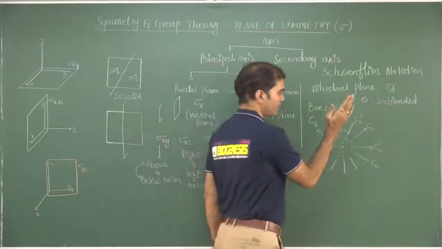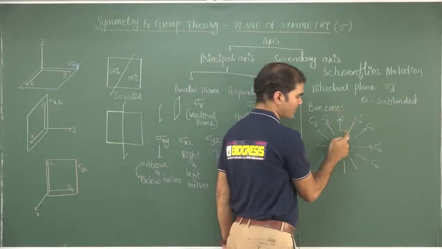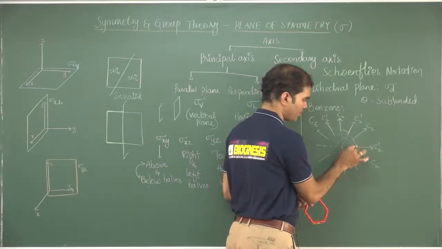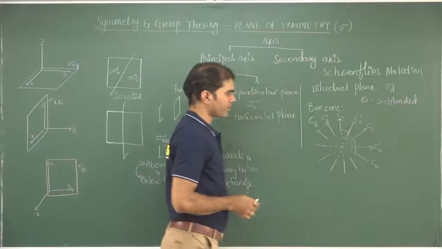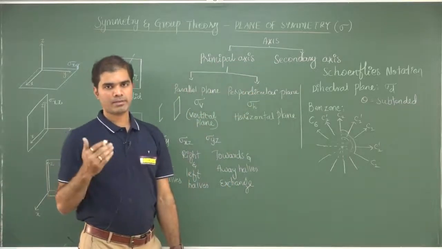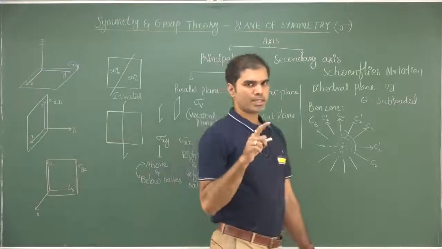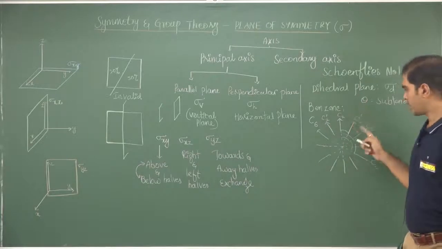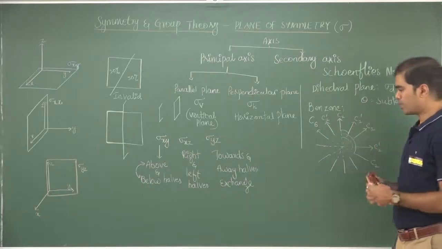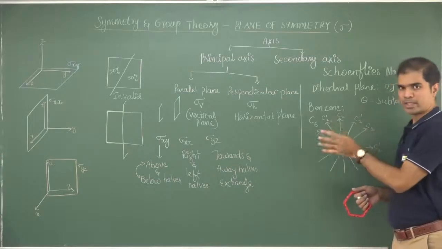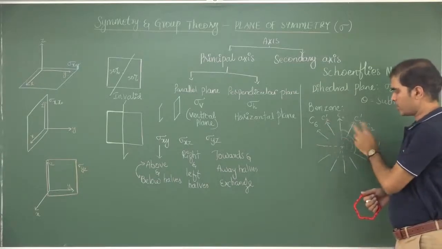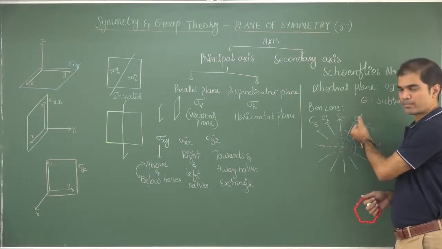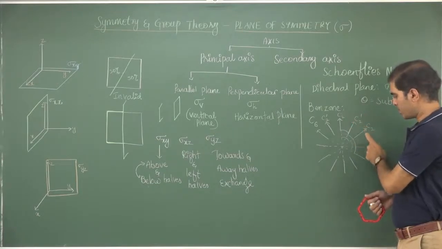So the dihedral plane is what plane? Is it dissecting this angle or this angle? Which angle is it dissecting? We must understand. From here to here is 1, from here to here is also 1. In the definition itself you can understand the dihedral plane is that plane that bisects the dihedral angle, and the dihedral angle is an angle subtended between two similar and consecutive C2s. C2 and C2 prime are different, they are not similar. But this C2 and this C2 are similar because this is passing through carbons, this is also passing through carbons, this is passing through bonds. So this C2 and this C2 are similar.